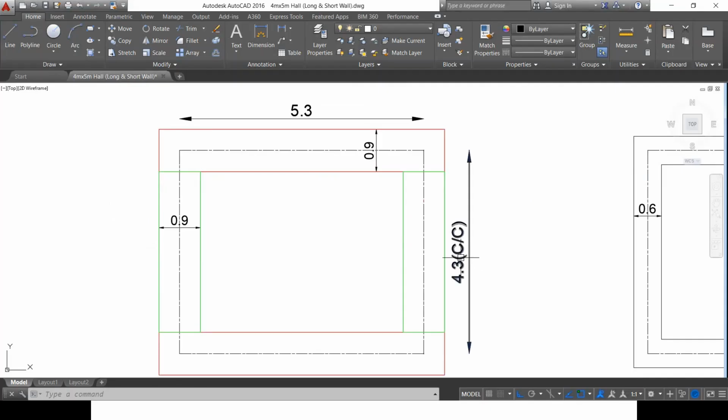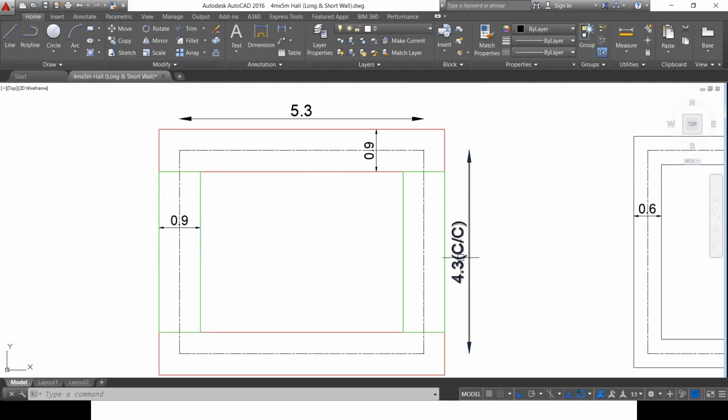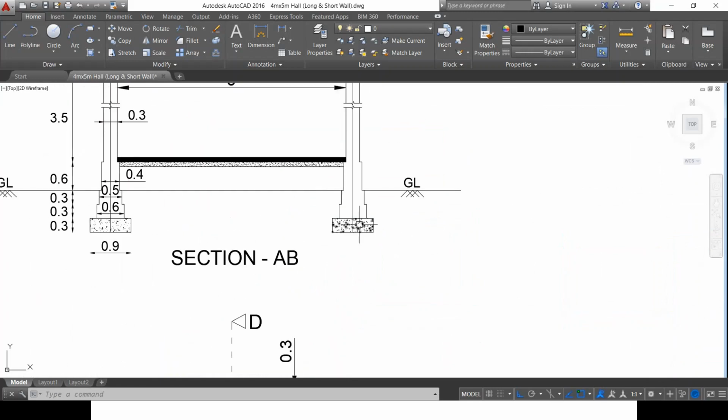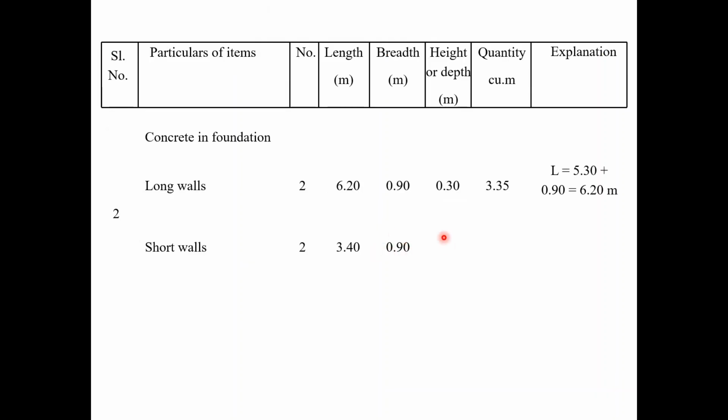So 4.3 meter minus 0.4 by 2 minus 0.4 by 2, which is nothing but 3.4 meter. And the width is 0.9 meter. What is the width of the PCC bed I'm going to place? This is the width of the PCC bed. And what is the height or the depth or the thickness, which is 0.3 meters, and the total quantity is